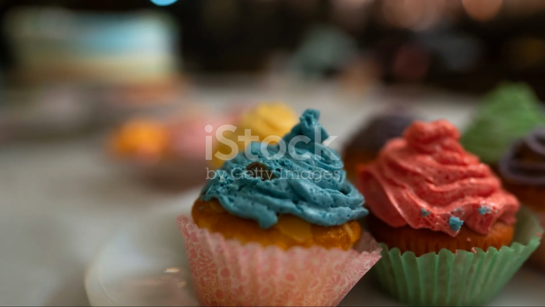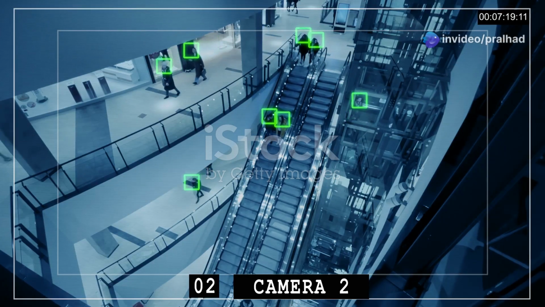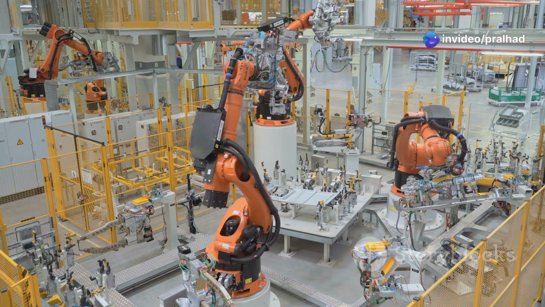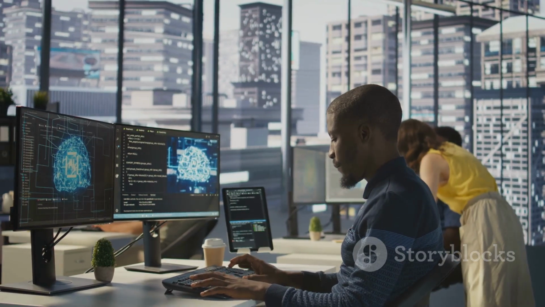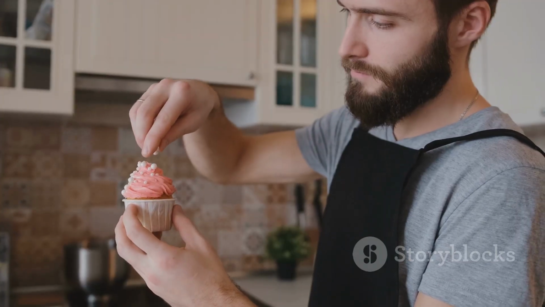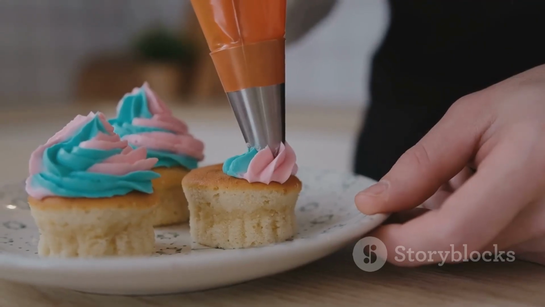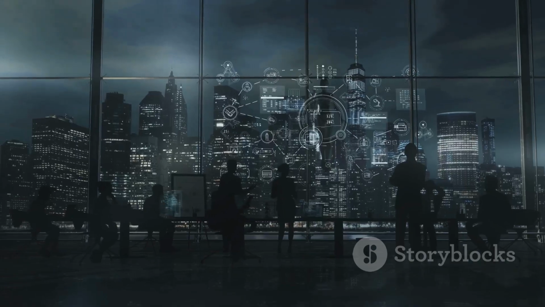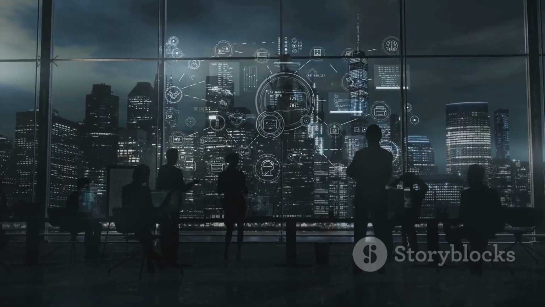So there you have it, a sweet and simple explanation of AI, ML, and DL. From teaching computers to see to baking the perfect cupcake, these technologies are already changing the world around us. Remember, AI is the broad field of making computers smart, ML is like finding the perfect recipe from data, and DL is the master baker using complex techniques. By understanding these technologies, we can better appreciate their potential to solve problems, create new possibilities, and shape the future.